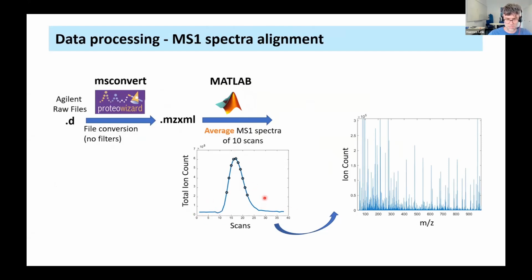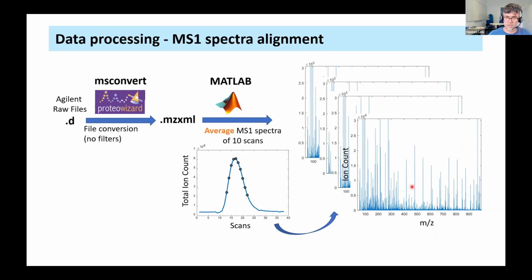The first thing that we do is, here you see the scans over one injection. So one simple peak, this is the 13 seconds. We get around 35, a bit more than 35 scans. And then we take the top 10 scans where we have the highest total ion count. They're indicated here as these little dots. And from these top 10 scans, we then just average the spectra and get something like this. So this is the average spectrum per sample that you just saw. And we do this for many samples.